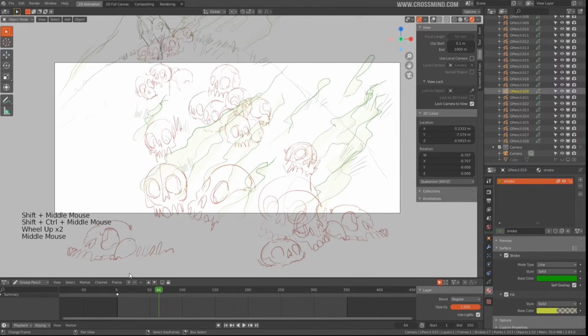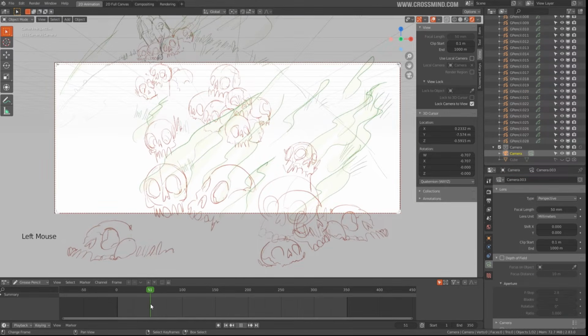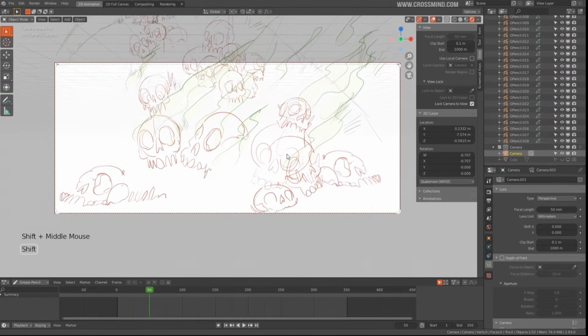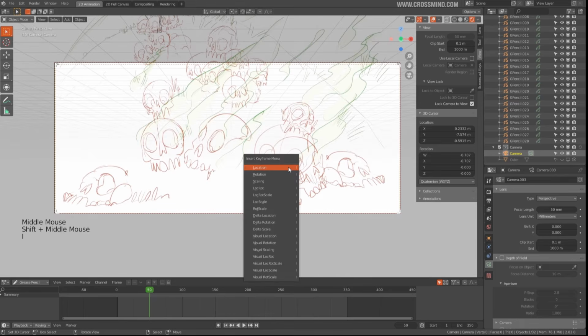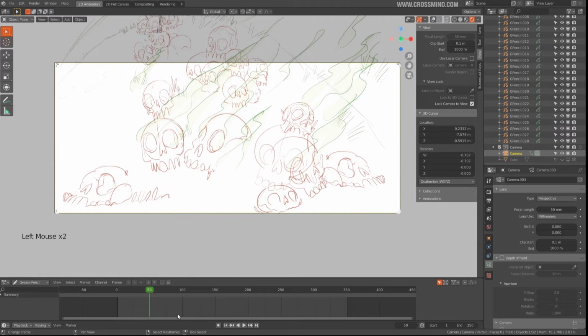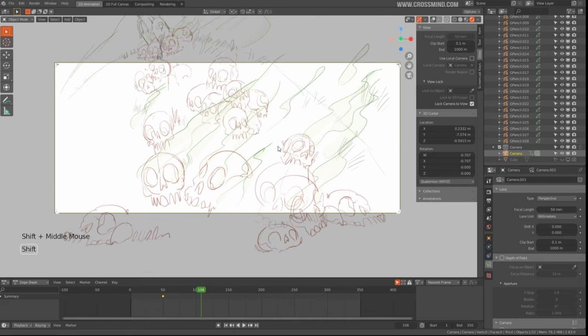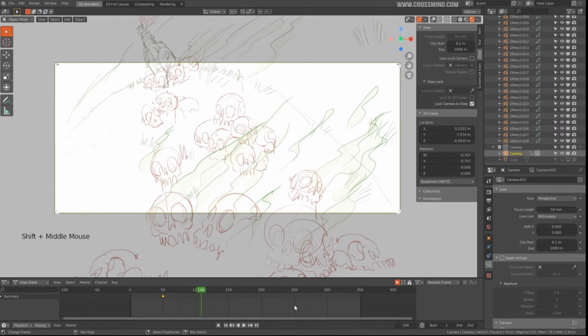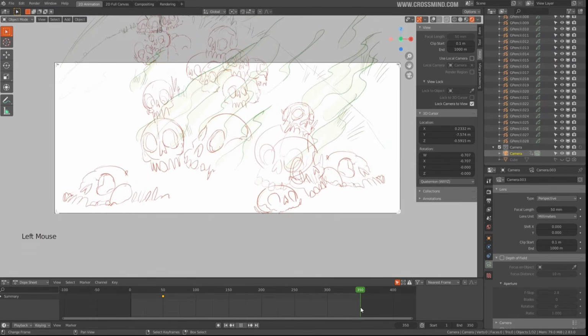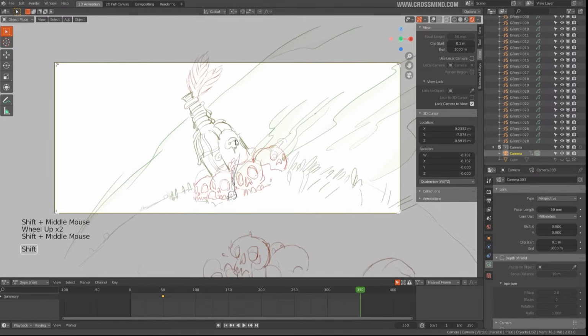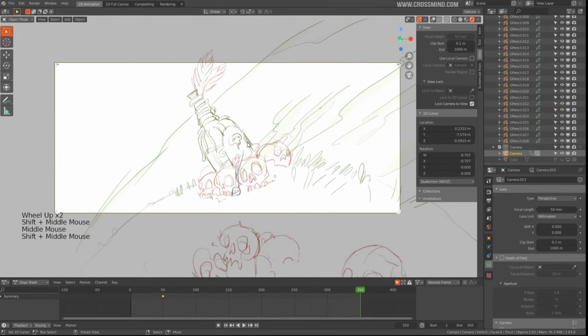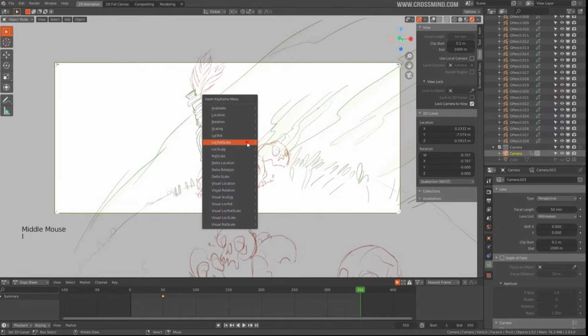So what I'll do is select the camera, and at around 50 frames I'll create one key over here. Press I, lock rotation scale. Now for this I won't see a key over here because we are in grease pencil. If I go to the dope sheet, I will be able to see the key because it's a 3D object, the camera. Now let's go to frame 350 and zoom in somewhere over here